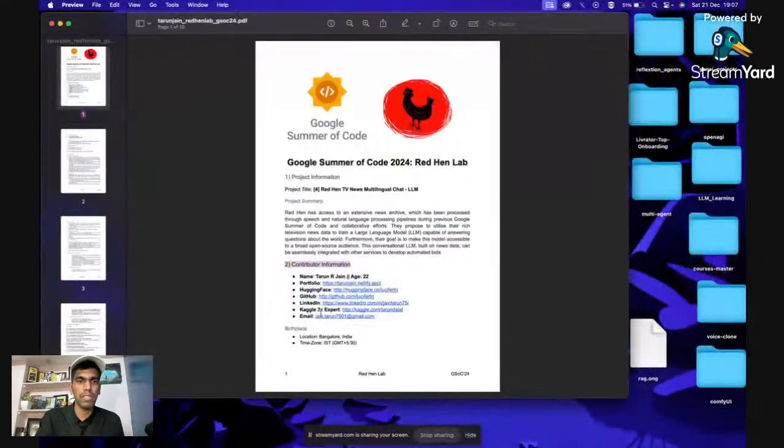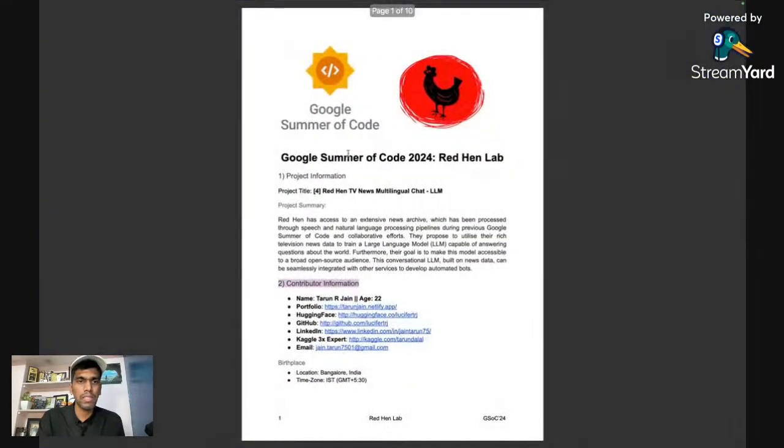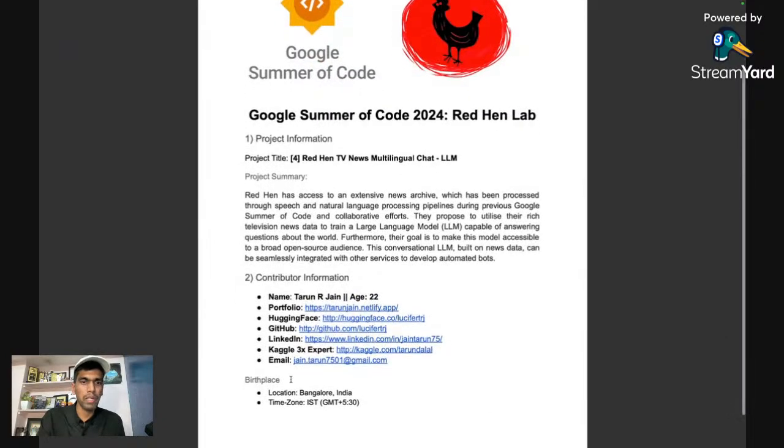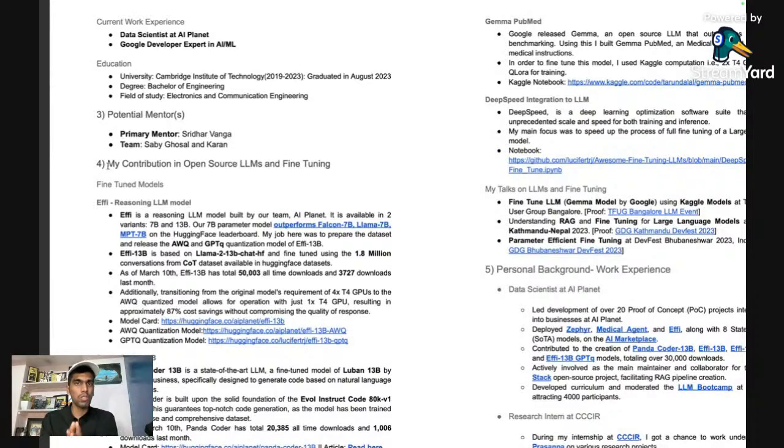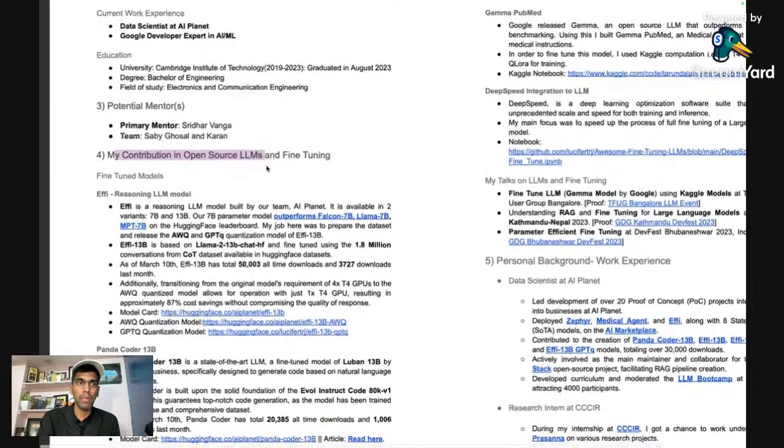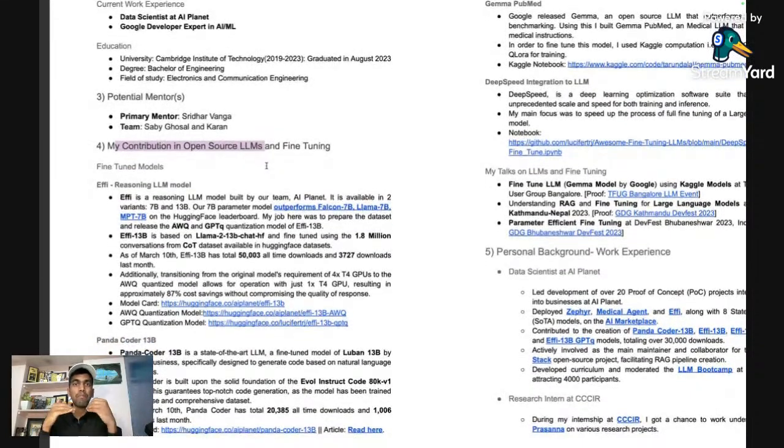So this was the first version, where you're adding the project information. Then you have the contributor information. And then you start with all the open source projects that you have done. Since I had built relevant projects, what I've done is, hey, my contribution in open source LLMs and fine tuning. As you can see, I'm not mentioning the PR. Above the PRs, I'm telling what the relevant projects are,